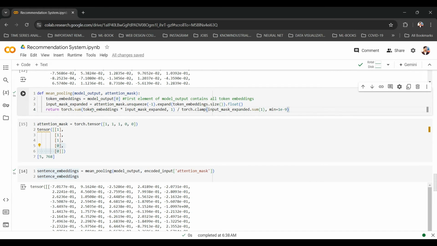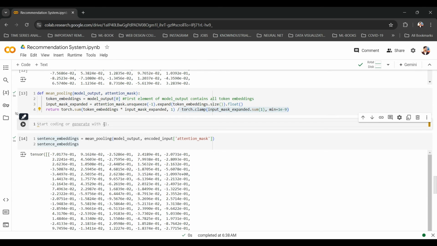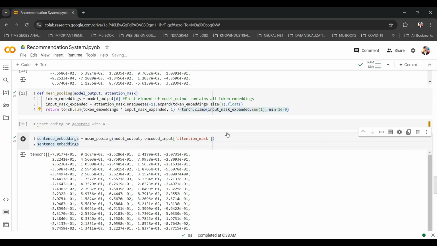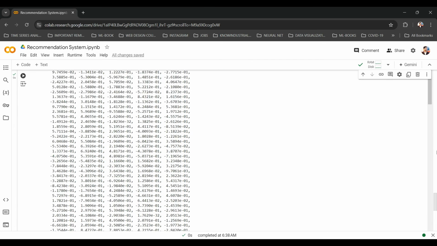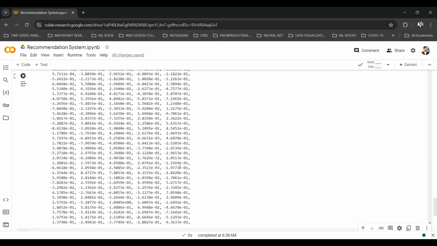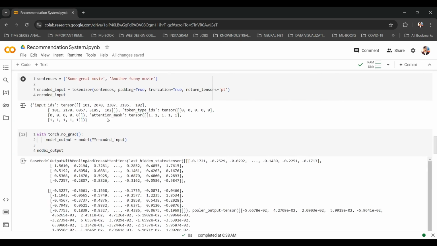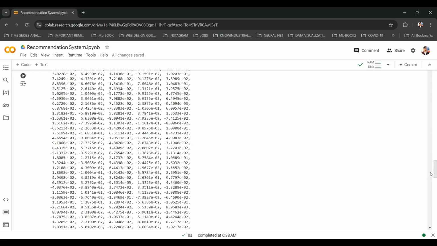So we are dividing the sum by the total number of valid tokens, and it will return us the sentence embeddings, and we have received it here. That's how that function works. Basically, we have received the sentence embeddings from the token embeddings by summing them up and dividing by the total number of valid tokens. Now that our example works fine, our example sentences have been converted into sentence embeddings after getting converted into token embeddings. So we can now proceed with our own dataset.